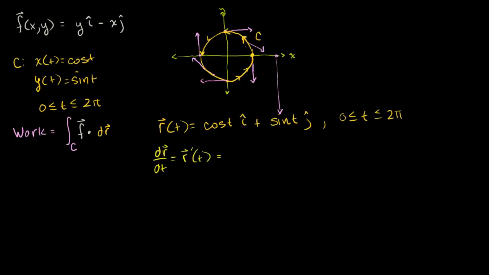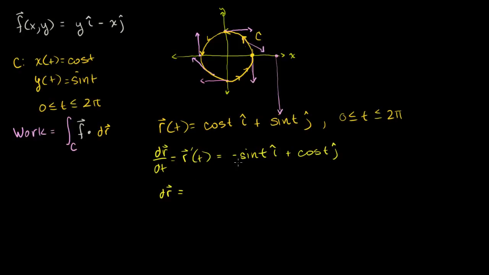This is equal to the derivative of x of t with respect to t, which is minus sine of t times i, plus the derivative of y of t with respect to t. That's the derivative of sine of t, which is just cosine of t times j. And if we want the differential, we just multiply everything times dt. So we get dr